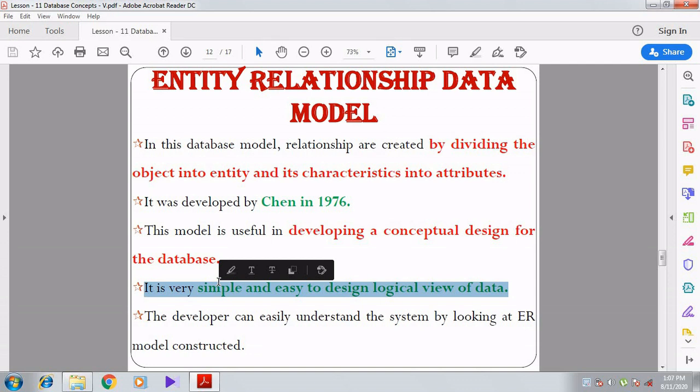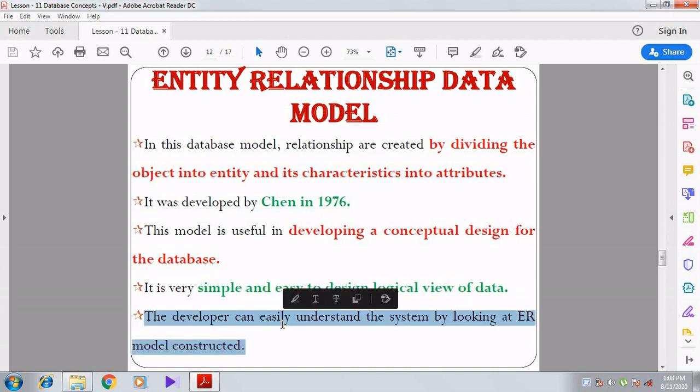So the developer can understand the system easily by seeing the ER model, that is, the entity relationship model. The picturization is given in a clear manner so that the developer can understand easily.